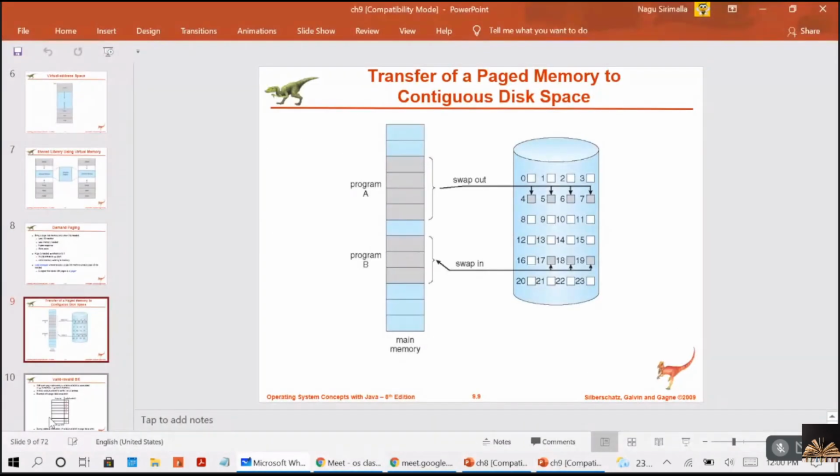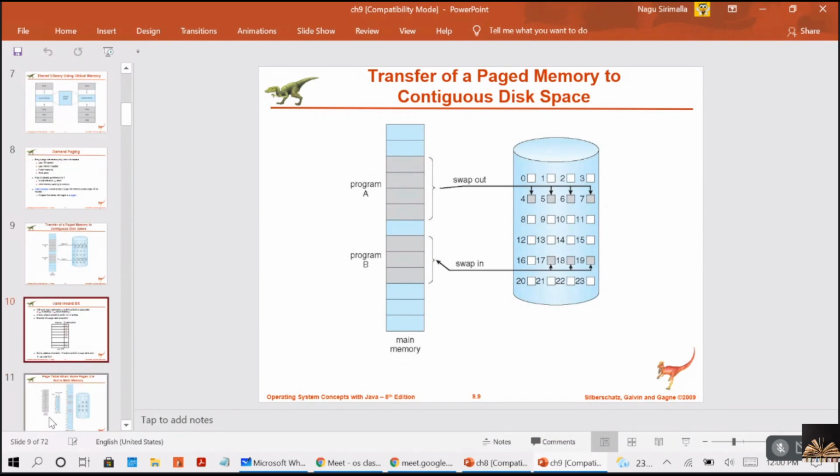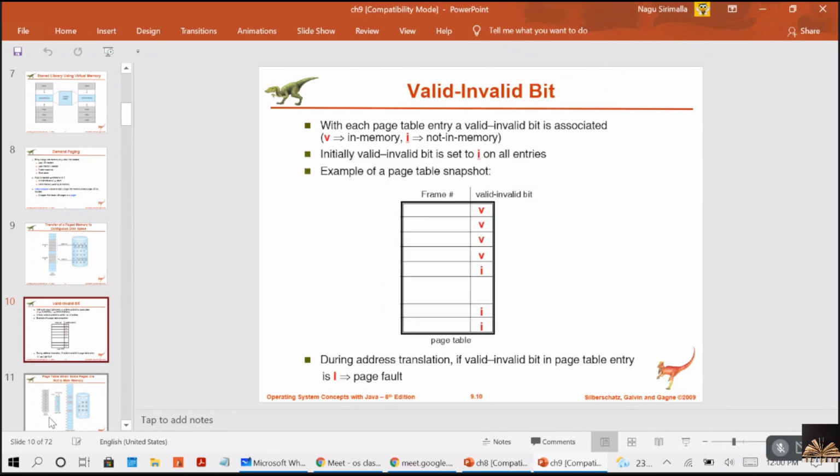దానికోసం valid invalid bit, ఇప్పుడు మీకు చెప్పిన పాయింట్స్ అన్ని ఇక్కడ ఉంటాయమ్మా. Whatever the points I discussed so far, you can find those points here, right? So each page entry is a valid invalid bit. Valid ante adi main memory lo undi, invalid ante not in the main memory. Malli invalid bit lo malli it will be checked whether it is actually referring to the invalid location or that is not there in the main memory. That will be verified.